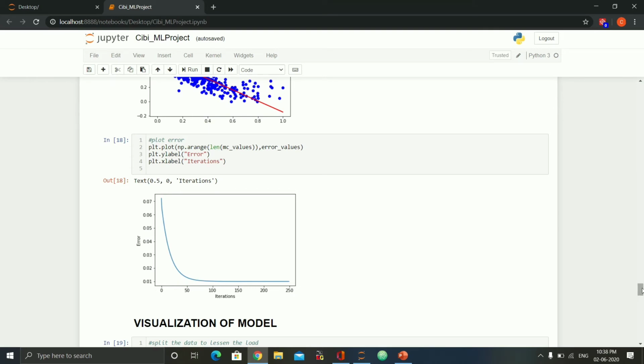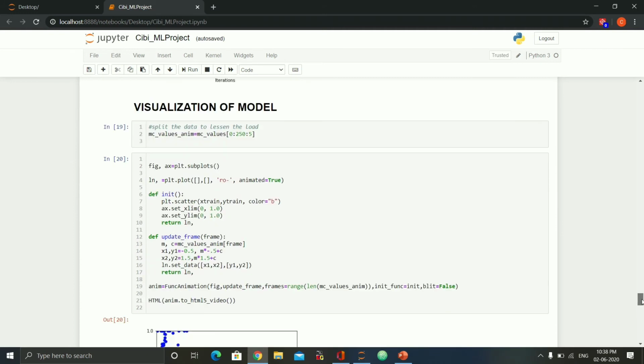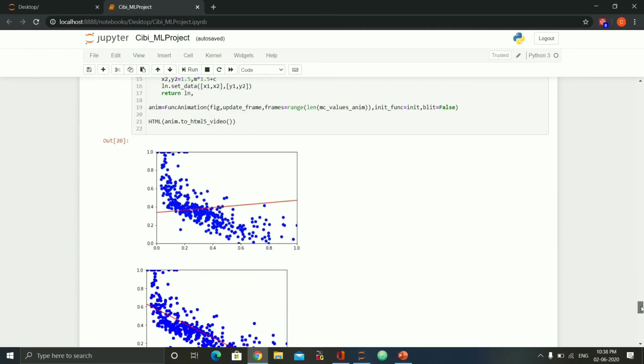Next, we visualize the model. We visualize it using HTML. Here we can clearly see a video that plays. This is done using HTML.